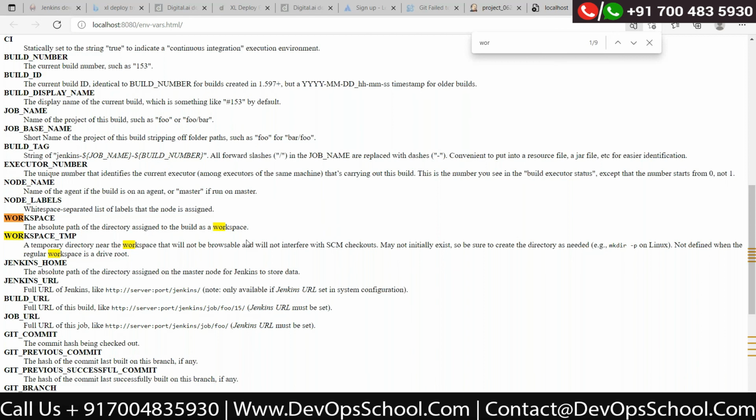In the job, you can try using any of these variables. Then we'll switch to connecting Git, and one or two variables which are very important and many times help you debug if your build is failing.